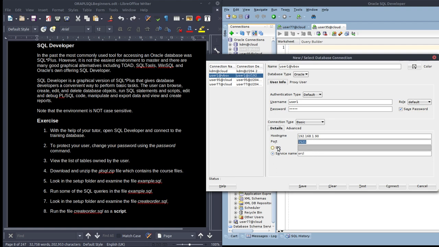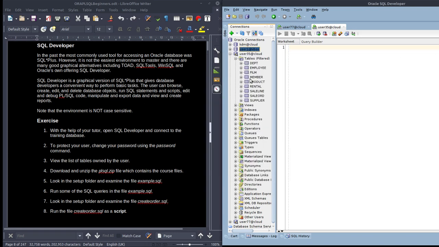And it doesn't use a SID because it's a 19C database. From 12C onward, Oracle used a service name. So if it's 11G or 10G, it's a SID. If it's 12C forwards to 19C, it's a service name, and the service name there is ORCL. But it won't work if I run it now because the virtual machine is not running. But like I said, I'll show you that on the course.